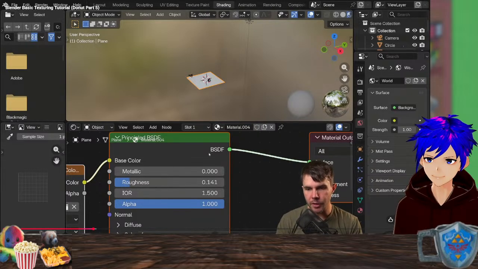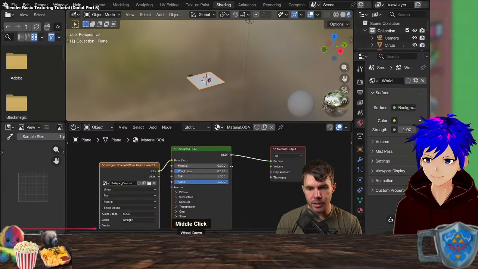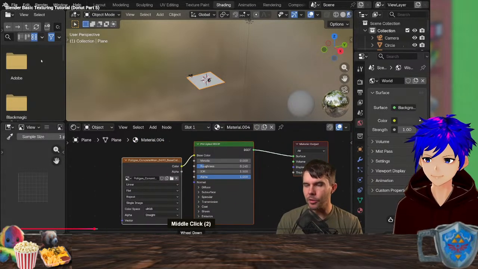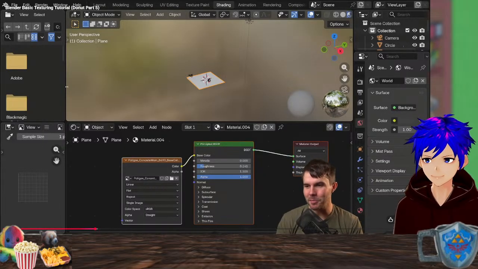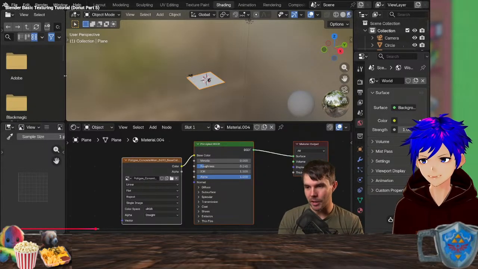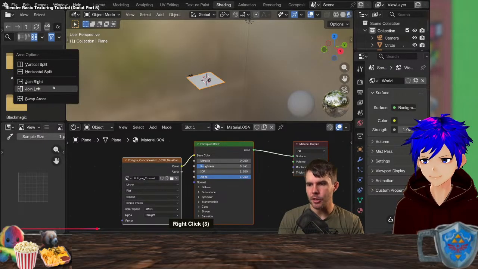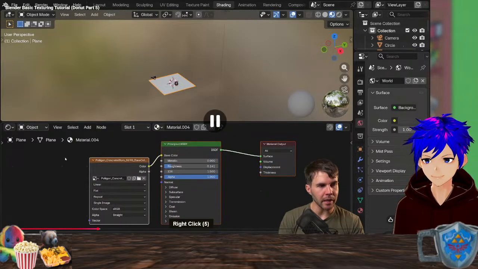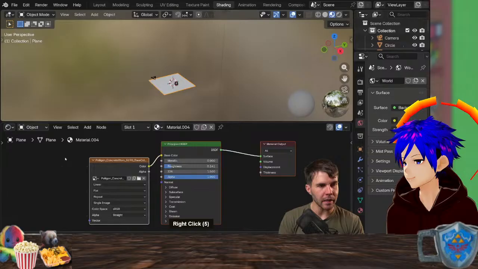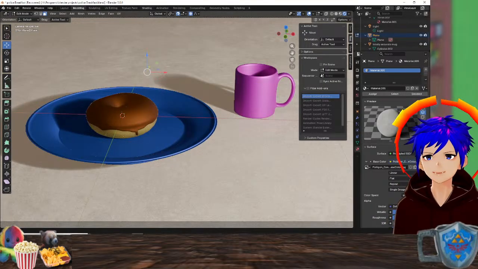You've got a 3D view at the top. You've got these nodes here, which are very useful. And then you've got two over here that I think are kind of pointless. I don't really think they should be here. I've never really wanted them. So I'm going to right click on the divider between these little windows here. I'm going to say join left, and then I'm going to do the same for the bottom, join.